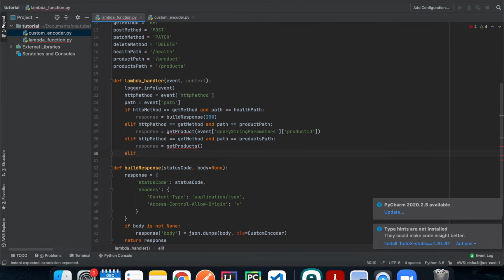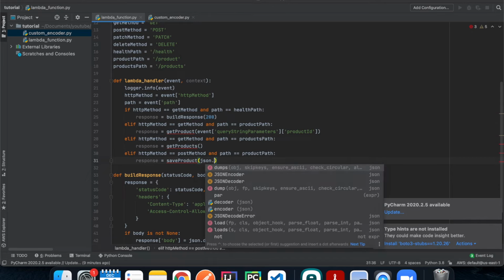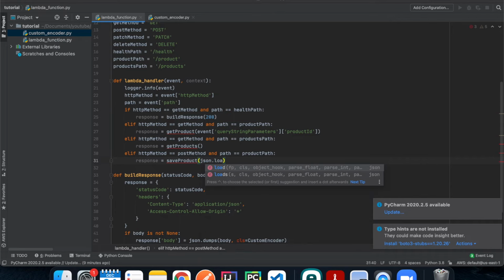And then next, we are going to have a post method. So when the HTTP method is equal to post and the path is equal to product path, that means the user wants to create a new item and insert that into our table. So we're going to call the save product method, and we're going to extract the request body from the event object. So we're going to do a JSON.loads